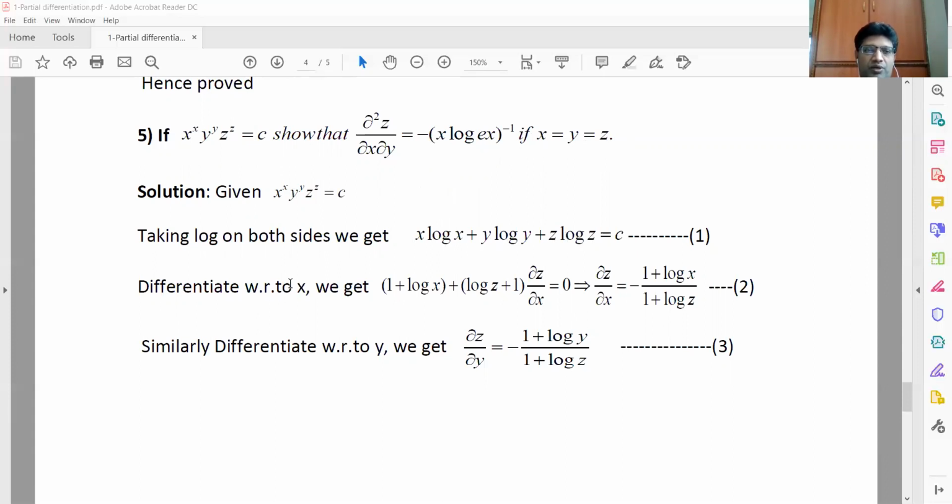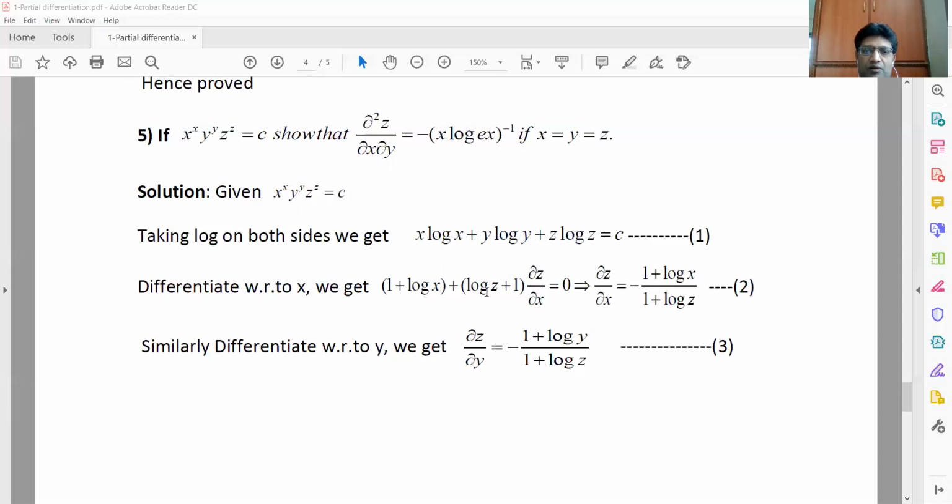So we are doing first differentiation with respect to x. Then this is x into log x, the derivative of log x is 1 by x, gets cancelled, plus next log x will be as it is, right? So for x it is 1. So that is here it is. So 1 plus log x plus, because we are differentiating with respect to x, this is 0. So z log z is z log z as it is.